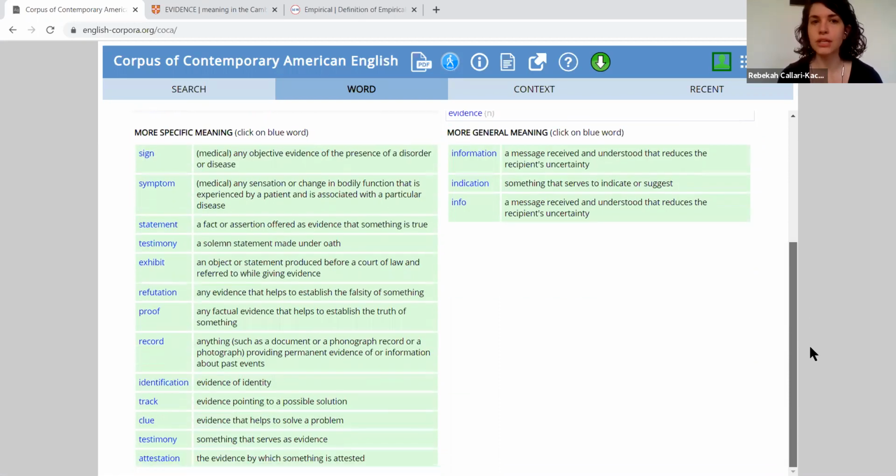One really useful thing on the dictionary page is these lists of related words that are either more specific or more general than the word I am searching. So this can be a really great place to look if, for example, you're looking for a more specific or more exact word to replace the one that you're using. You might get an idea of what word that might